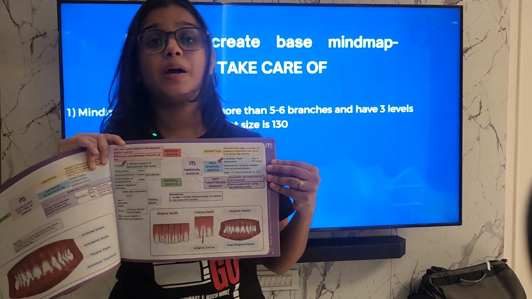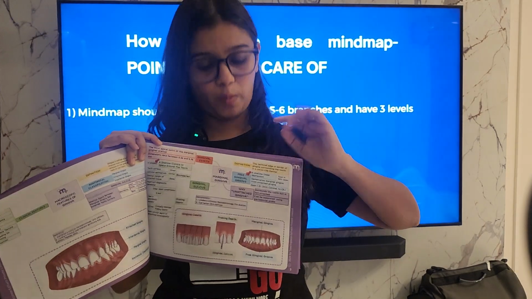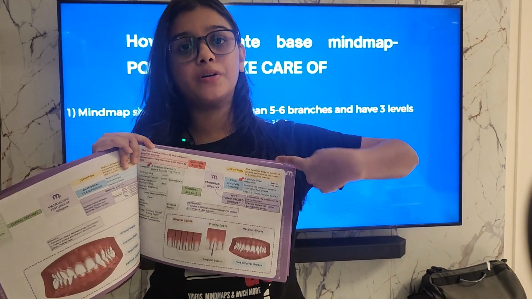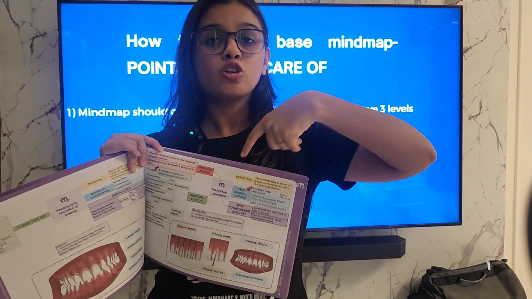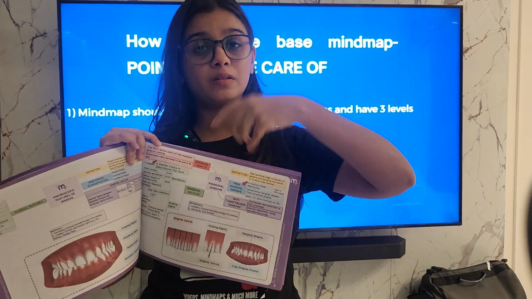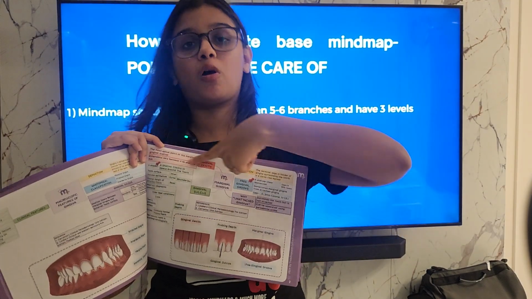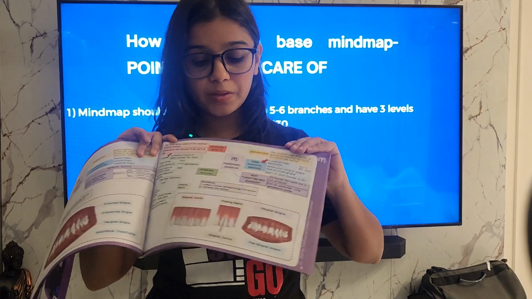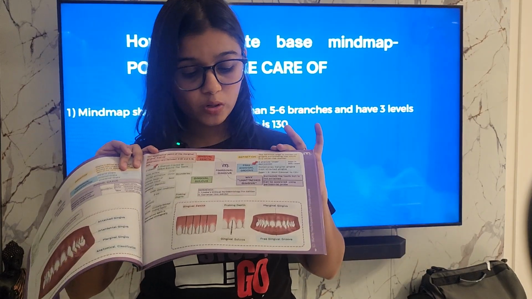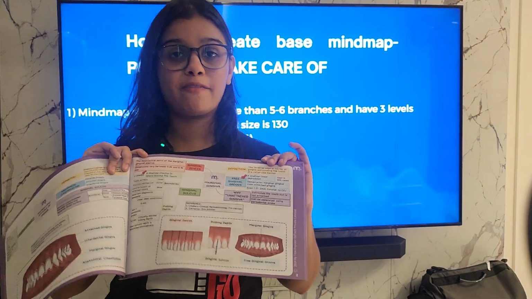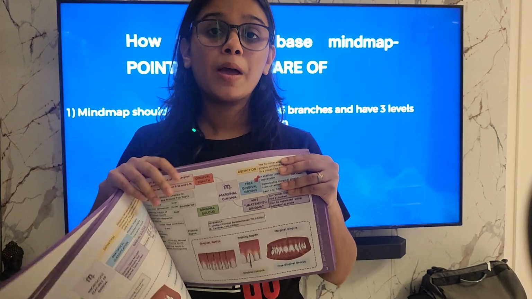A mind map is supposed to be read clockwise. So you start from here and then you read the mind map like this. Your introduction, or the basic beginning of the topic, has to come from this side and then you go clockwise. As you can see, this mind map has only 5 headings. It just has 5 major topics.